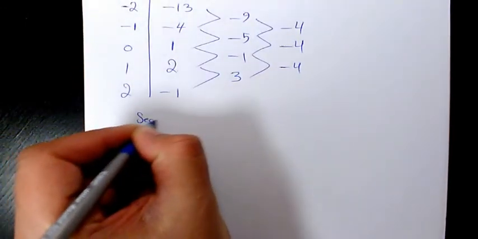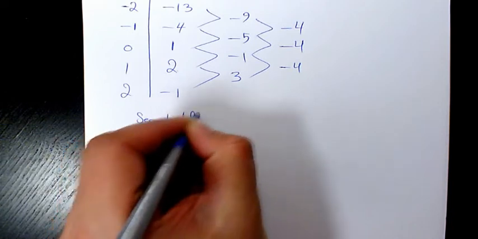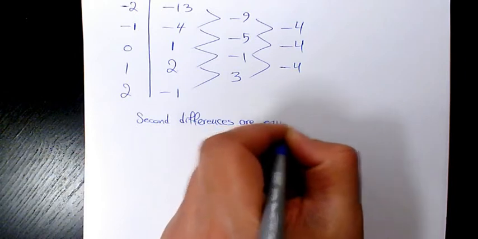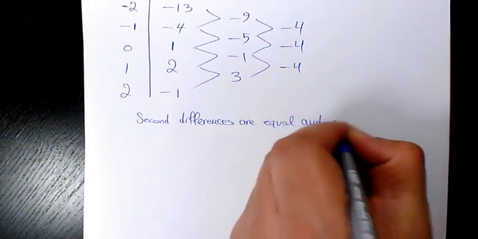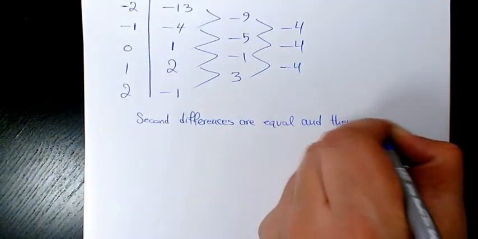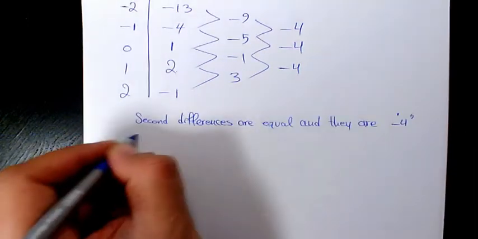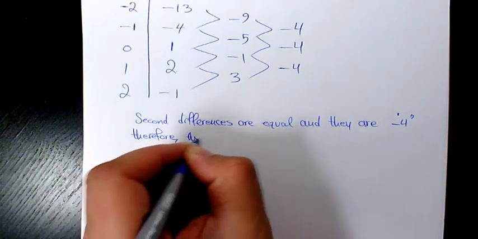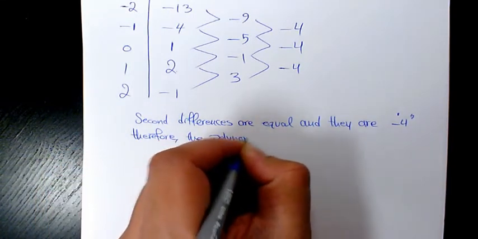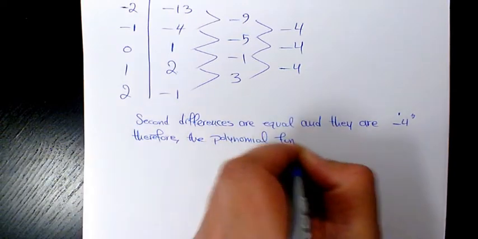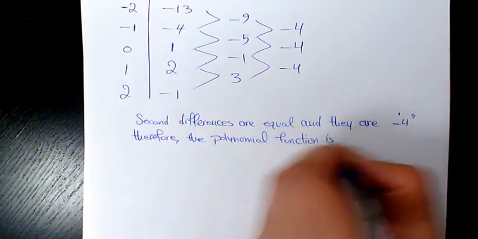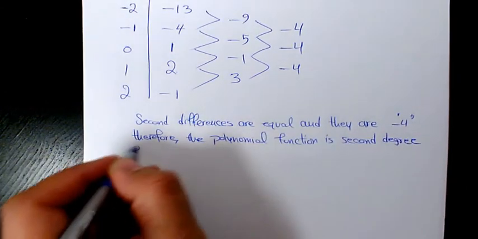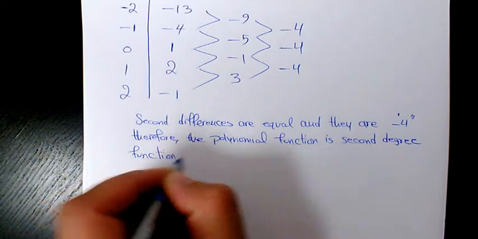So second differences are equal and they are negative 4. Therefore the polynomial function is a second degree function, which is quadratic,